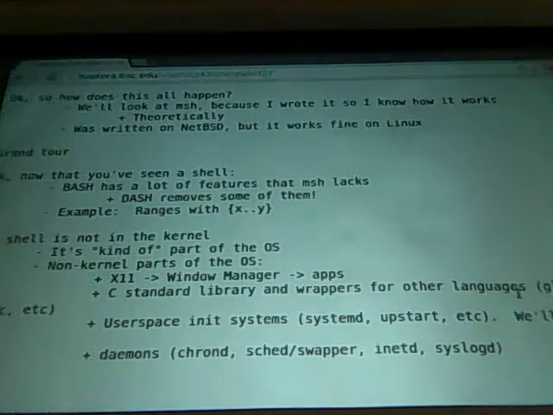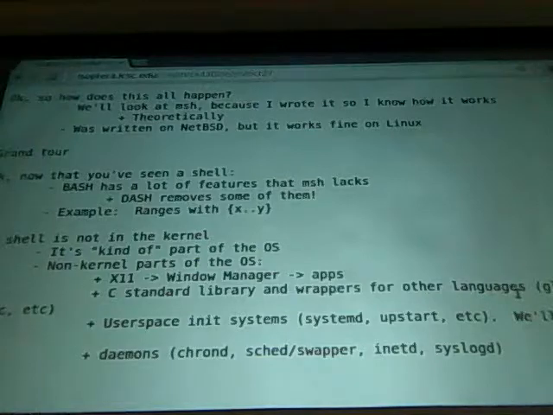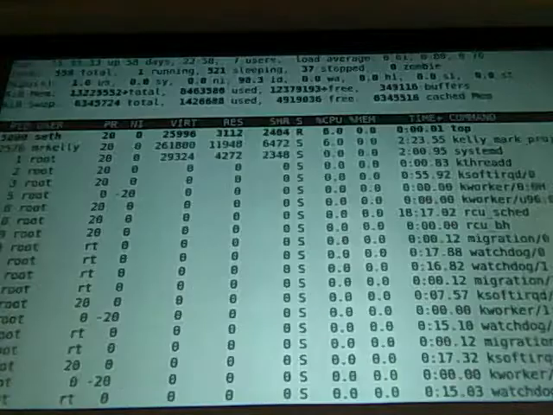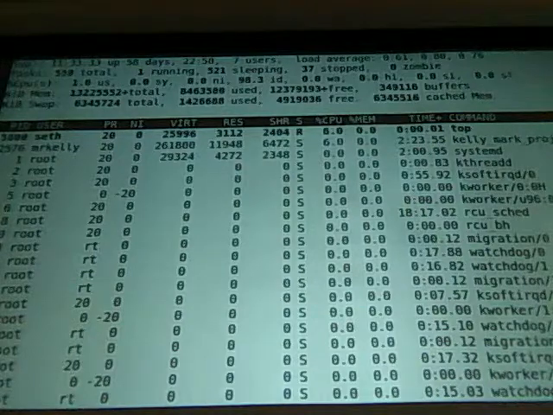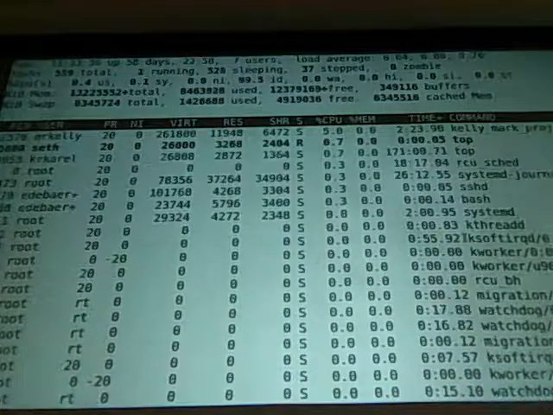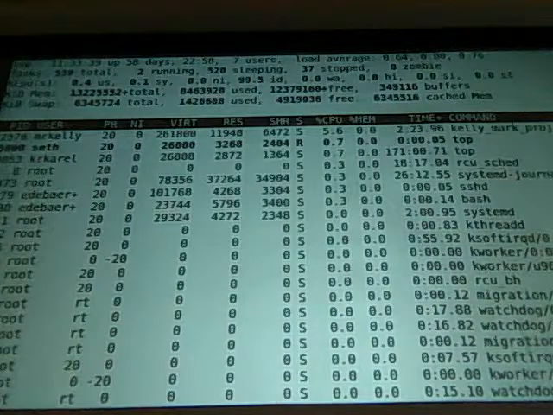I don't know what the system here is. So there's a few different initialization systems. And one of the main things that the initialization systems do is start all your daemons. And so all the daemons are what you get if you type in top here. And you can see all of this stuff that's running that's owned by root and has some kind of name